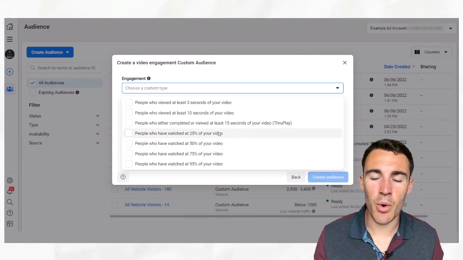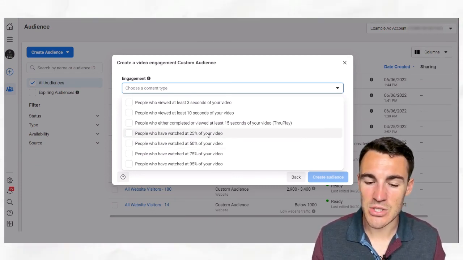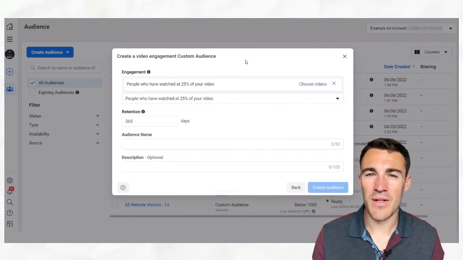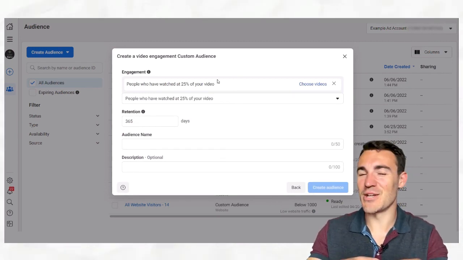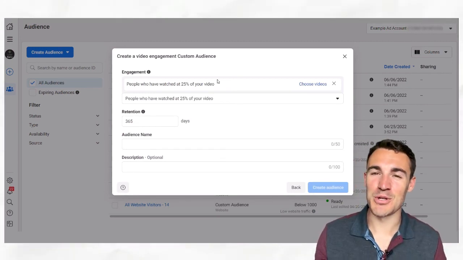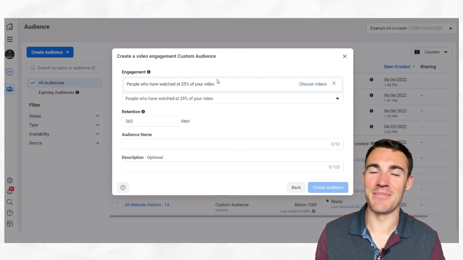A good starting point for me, depending on how long your video is, is people who have watched at least 25% of your video. And of course, you're going to have to adjust this depending on the length of your video. For example, if you've used a video that's an hour long, you would want to reduce the requirement to be included in a custom audience, because how many people are going to make it to the 25% mark? It's going